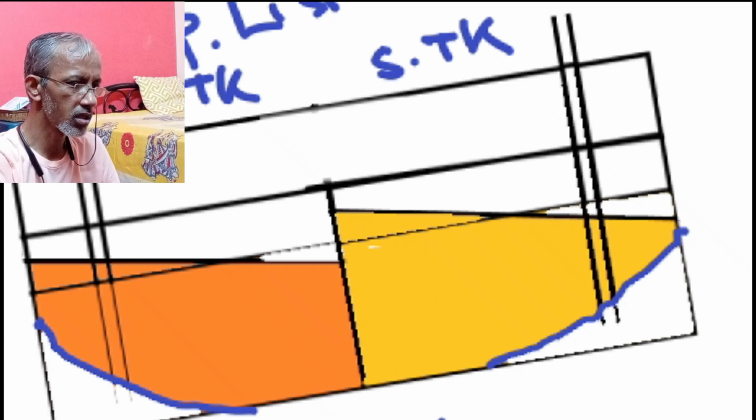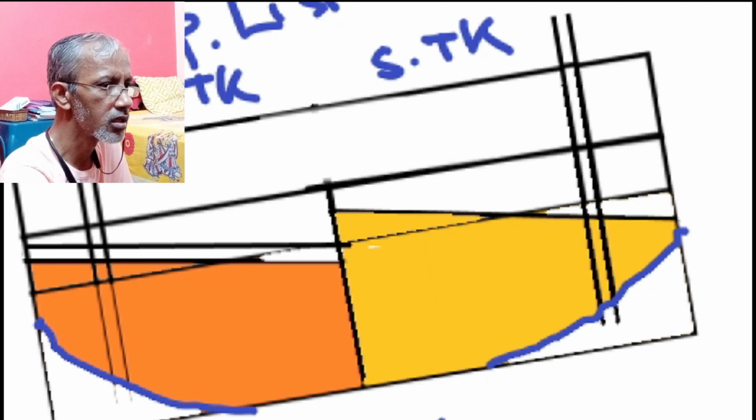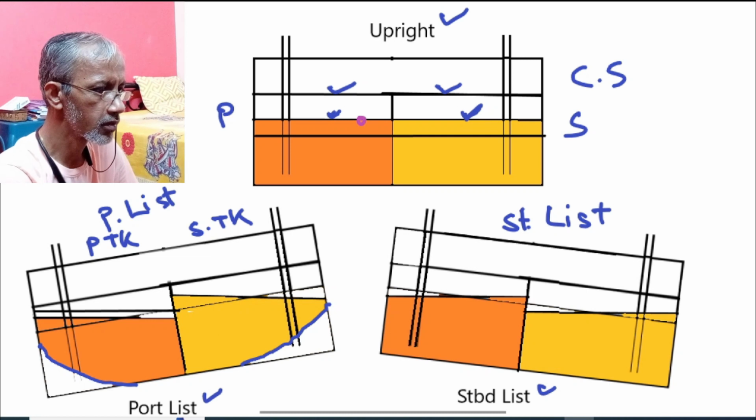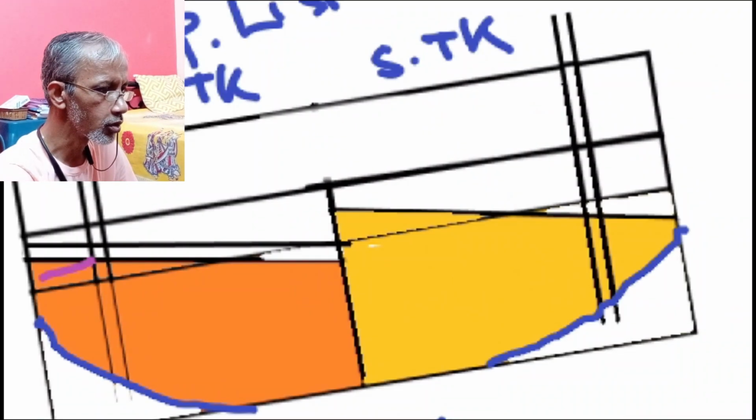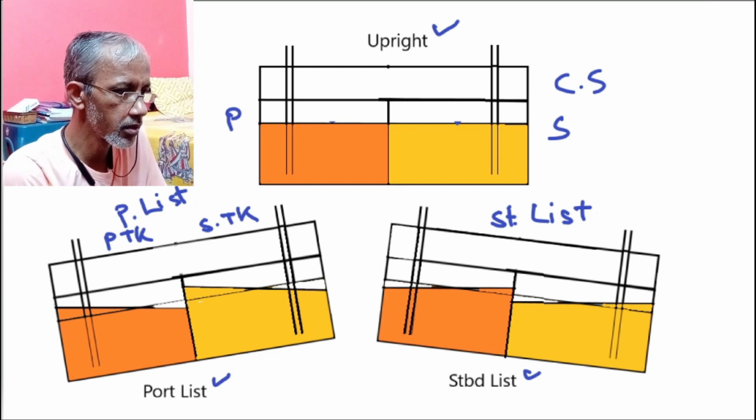the portion on the port side is less in the port tank. Therefore, the level of the surface would rise further. It would be somewhere here. So it can be seen that for the same amount, the change in the sounding in the listed condition will be different from this level to this place. The change in the sounding would be such that as the